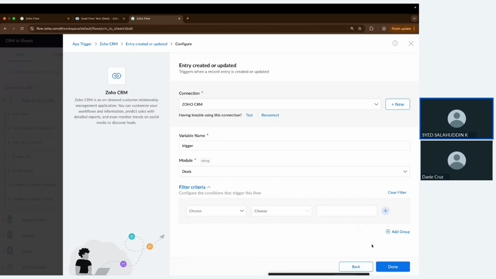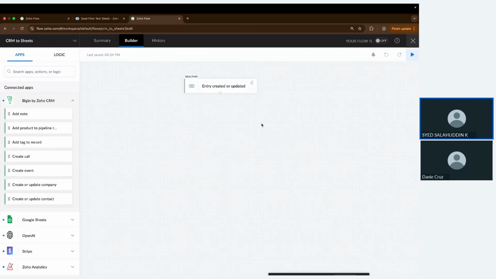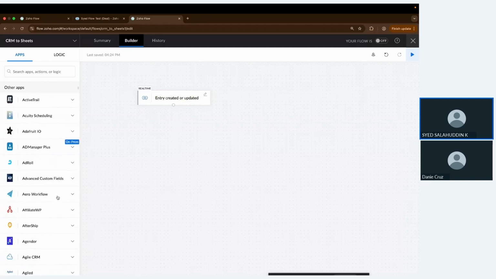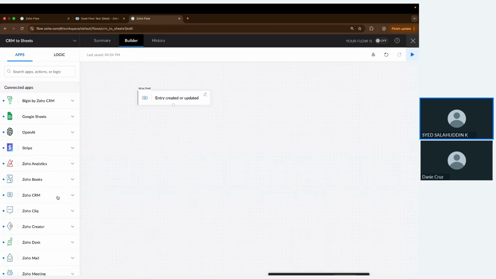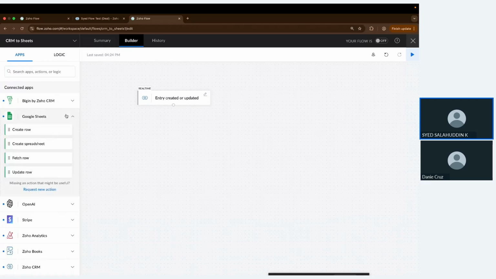So I'm going to click on done, and it's created an action card over here for me with the trigger point. So this is a flow builder basically, in Zoho Flow, where you can just drag and drop the action cards from here and select whichever options you would care for. So here we are going with the Google Sheet, which is showing here,